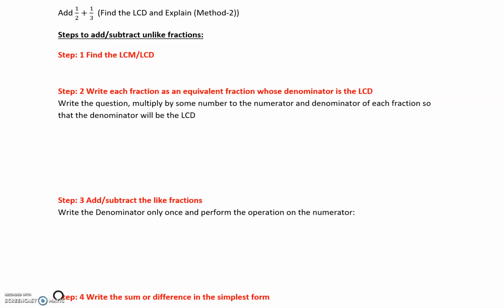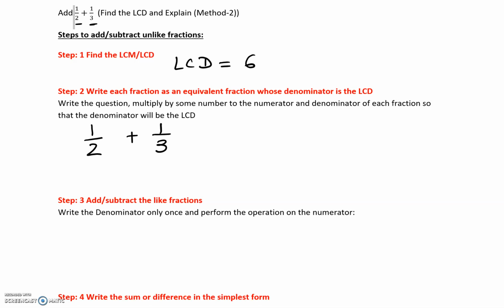So now the second method is LCD. So find the LCM or LCD. In our case, it's LCD because 2 and 3 are in the denominator. From our previous video, we found LCD 3 different ways. So here LCD is 6 for 2 and 3. Second step, write the question again. So I write the question